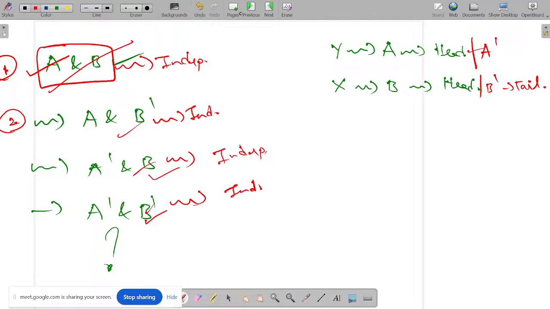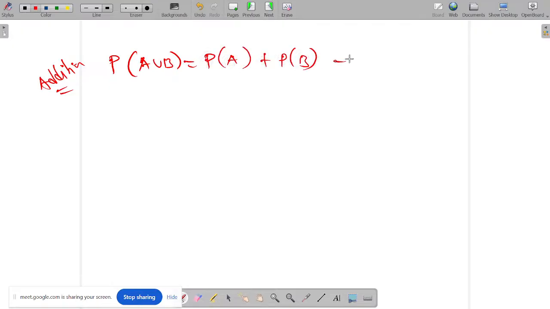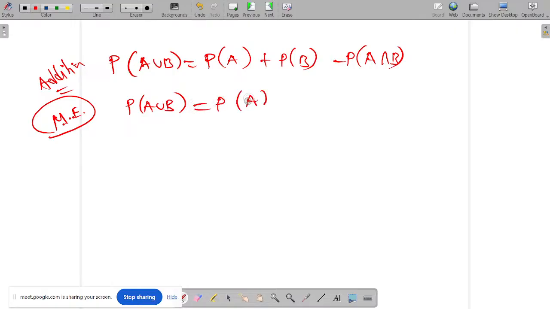Okay, it's not yet over. Now I'll come to the multiplication theorem and addition theorem put together as one single theorem. Addition theorem: P of A union B is equal to P of A plus P of B minus P of A intersection B. Only when I say it's mutually exclusive or exhaustive or equally likely, I have to apply all the conditions. For example, if I say mutually exclusive, you'll say P of A union B equals P of A plus P of B, because that term will become 0.